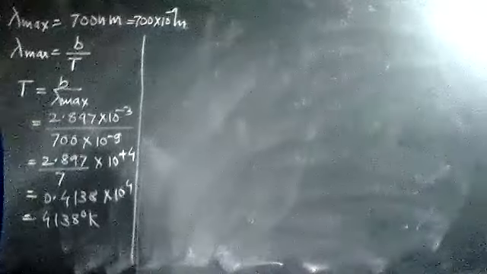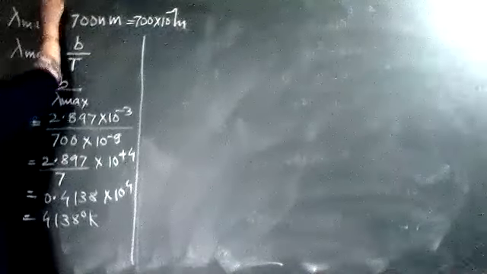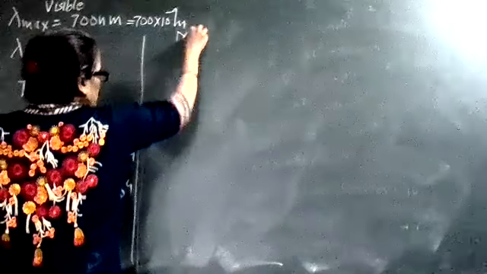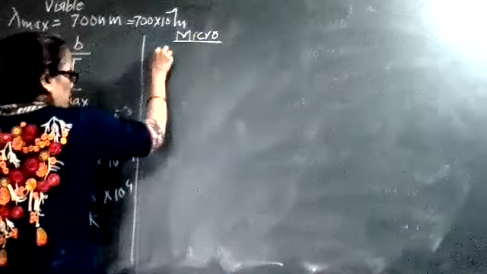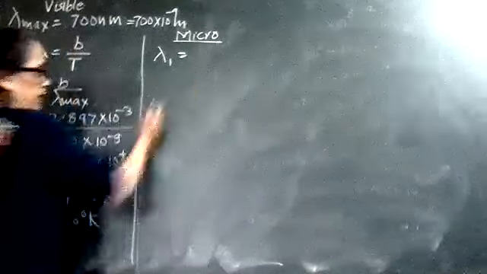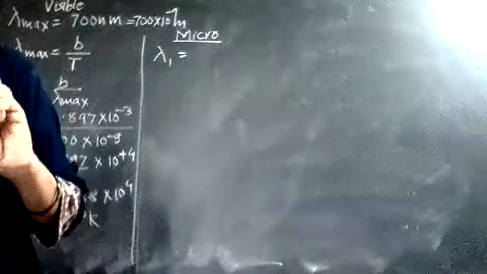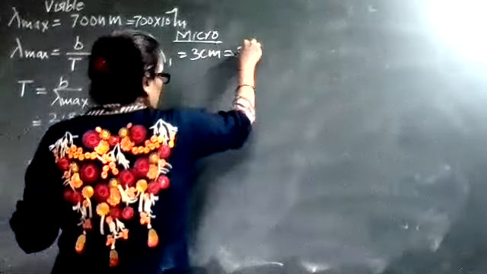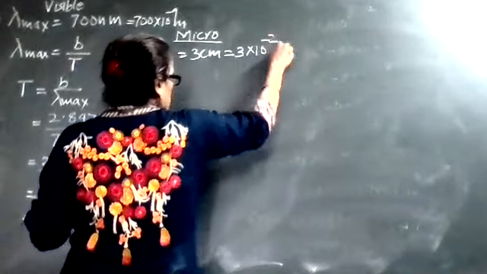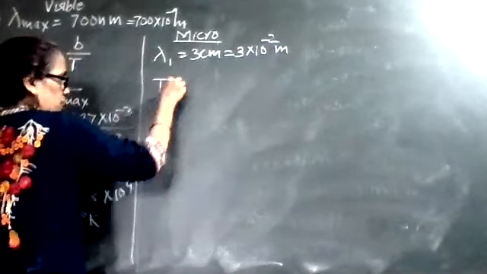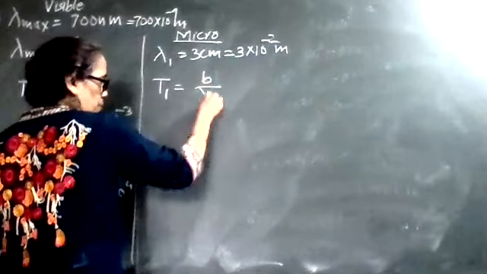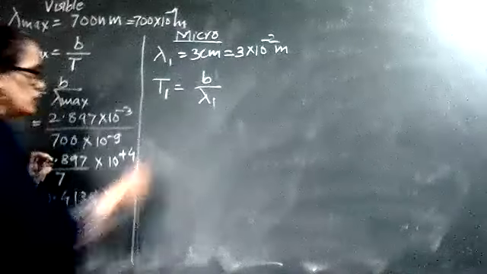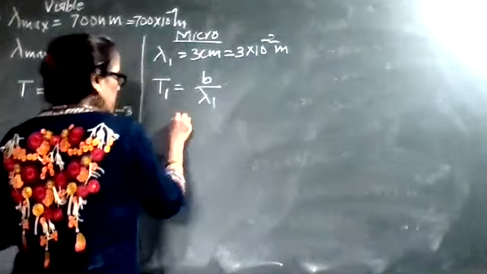After that, you have given in the, this light is in visible region. Now I can say in the microwave region. In microwave region, I have given this lambda 1. Lambda 1 is given as a 3 centimeter. That 3 centimeter I convert into meter. So 3 into 10 raised to minus 2 meter. And now I can find out T1, which is equal to b upon lambda. Again same, by using your Wien's displacement. So what it will become? Your b is